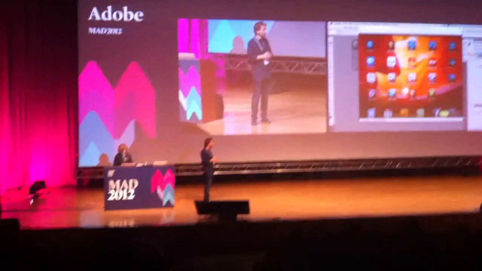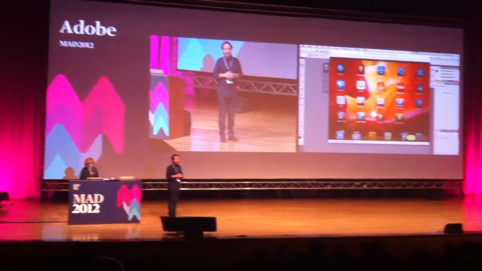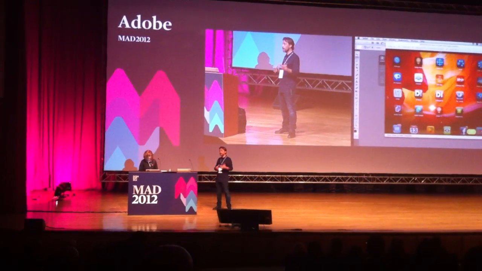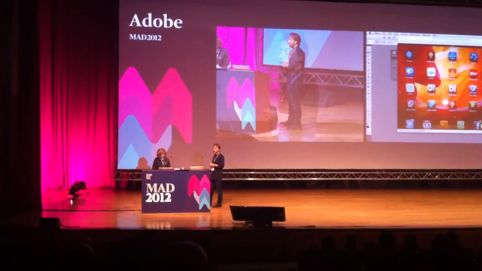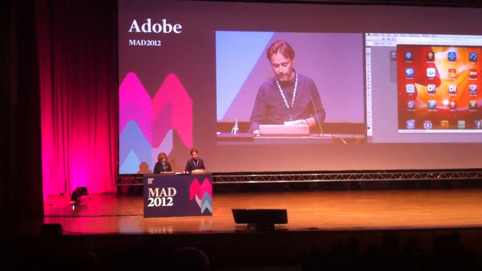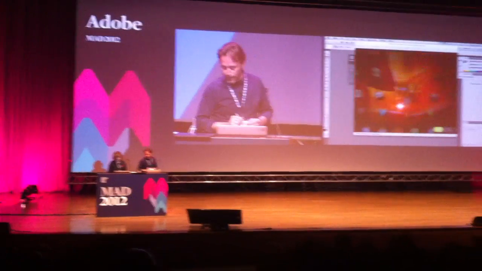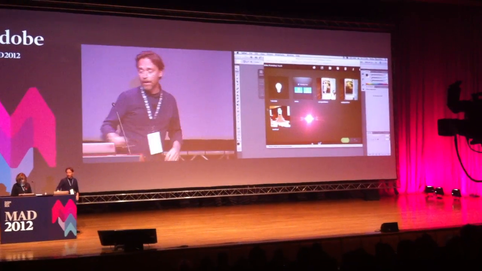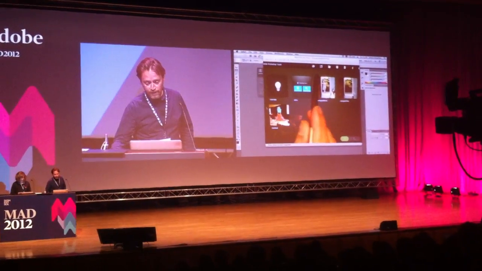Well, and the cool thing about it is that you can literally work on your Adobe files on the go, and also do things that maybe are a little bit harder to do on the desktop applications. But let's start with Photoshop Touch. And while I open Photoshop Touch, I also want to talk about this little icon up here that you will